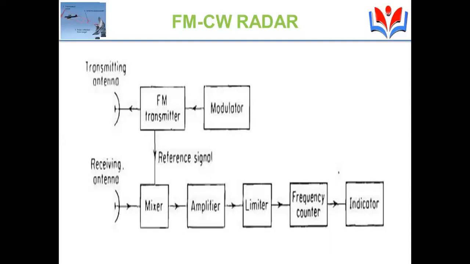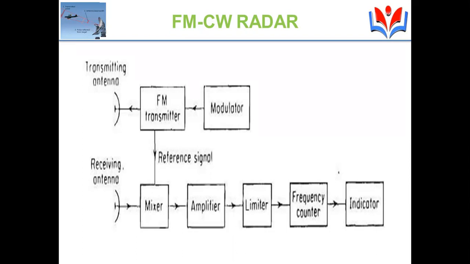We know CW radar is a continuous wave radar. So we send continuous wave signals to the target site, where the reflected signal will be taken and analyzed, and we decide at what speed that particular vehicle is moving. Based on the frequency shift, we will come to know the relative velocity of the target. And this FMCW radar is